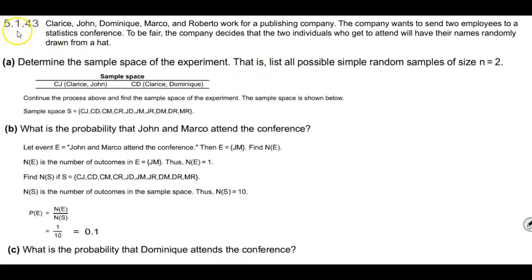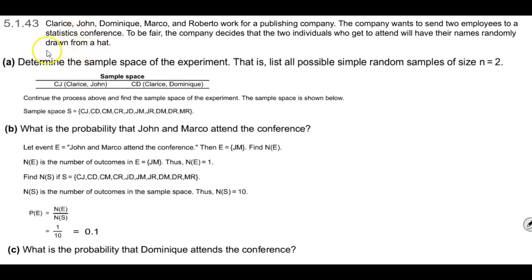Okay, now for section 5.1.43, Clarice, John, Dominique, Marco, and Roberto work for a publishing company. The company wants to send 2 employees to a statistics conference. To be fair, the company decides the 2 individuals who get to attend will have their names randomly drawn from